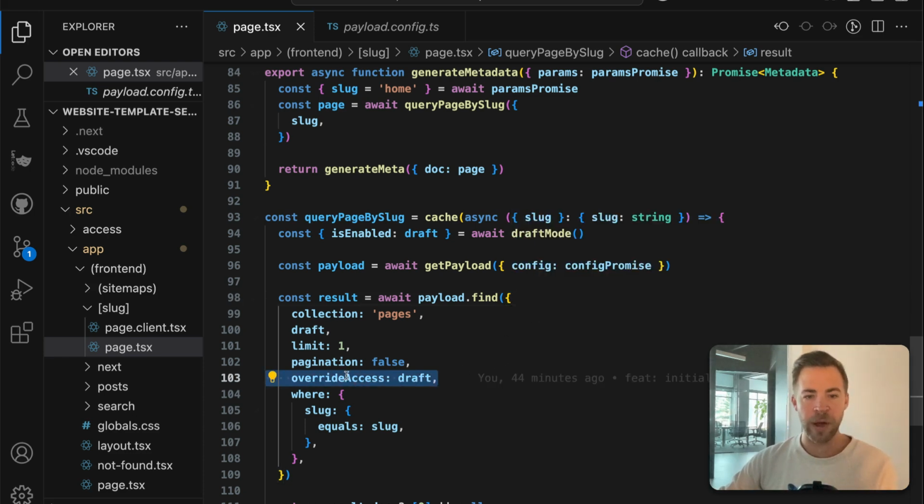Now we're going to set override access equal to draft. So if draft mode is false, then we're not going to override the access. You can think about this as a flag to turn the access control on or off. So if we pass true, then we're going to say, hey, disregard our access control. This is me. So if you're in draft mode, hey, we want to disregard access control. Give me whatever you got. But if draft is false, then override access will be false. And that says, hey, we're a public user here, so we need to respect the access control that was set